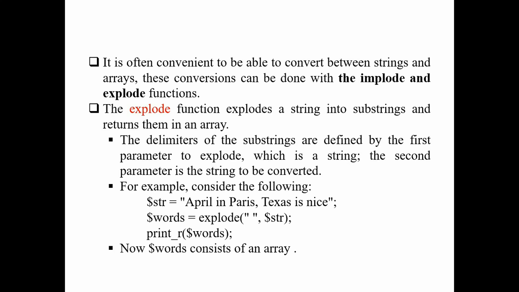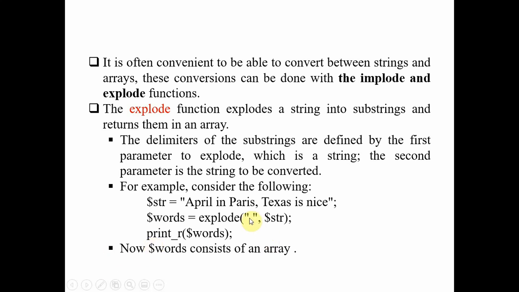Of course, this particular function accepts 2 arguments. The first argument is the delimiter, based on which we need to convert a string to an array. That is, how many elements the array should have is identified based on some identity, and that identity is given as the first element.